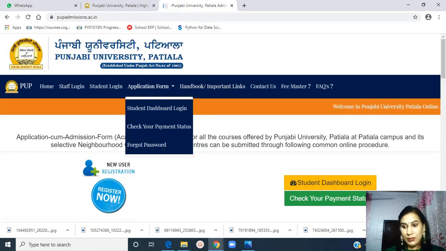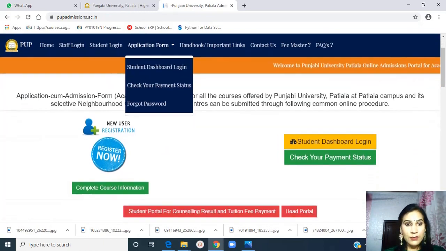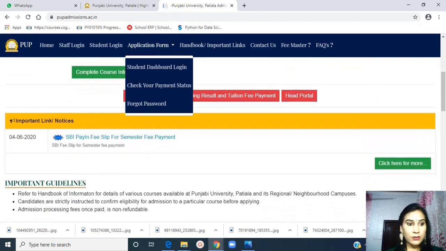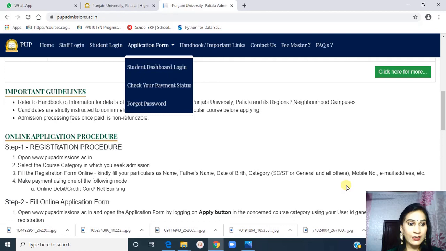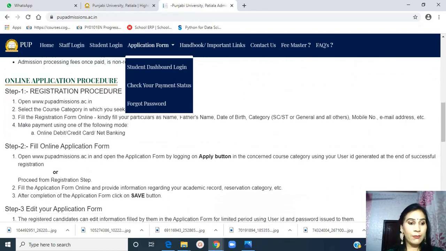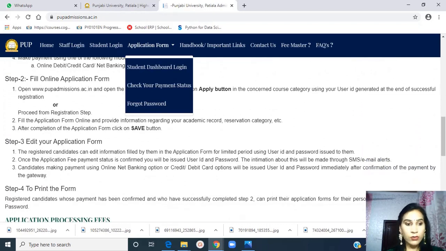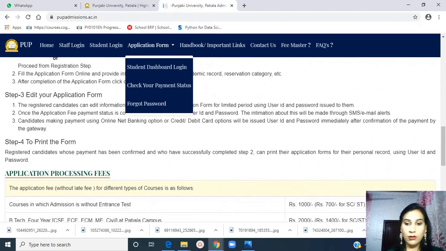As I go through the website, these are the important links, important guidelines, then online admission form. These are the steps which are given for how to fill the online application form. I will give you the demonstration of how to fill the online form.